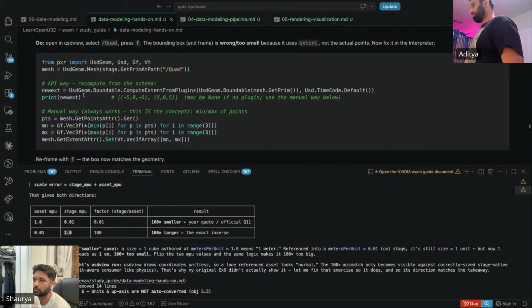New extent. Okay, compute extent from plugin API. So this is gonna recompute the extent from plugin USD geom dot boundable, USD dot timecode dot default. Compute extent from plugins. So this is